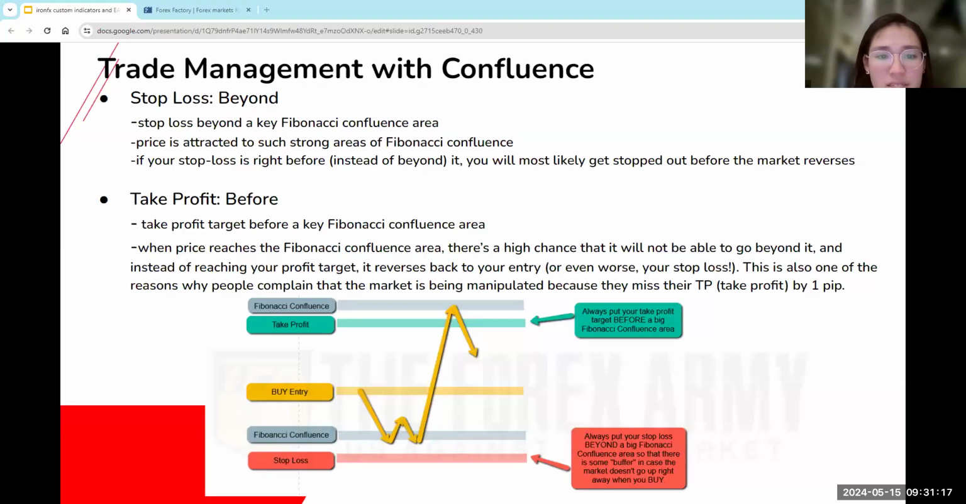So here we have the most basic trade management tips. Here by confluence, we are talking about Fibonacci confluence, which basically occurs when two or more Fibonacci levels line up in the same area. But this also applies to resistance areas or any pivot point levels. So for your stop loss, we typically recommend you to place it